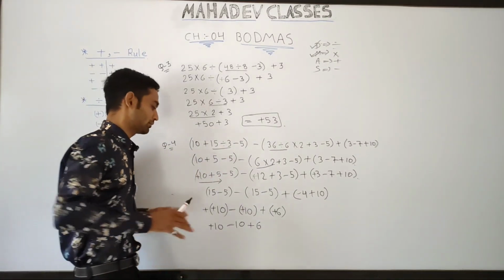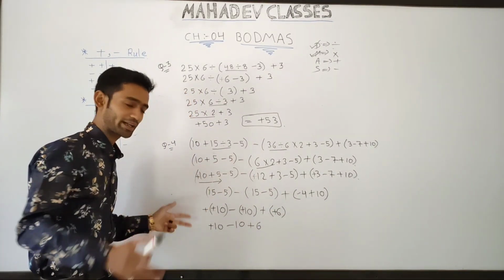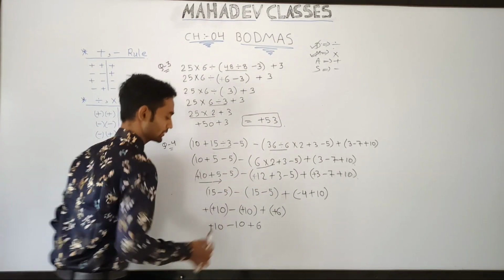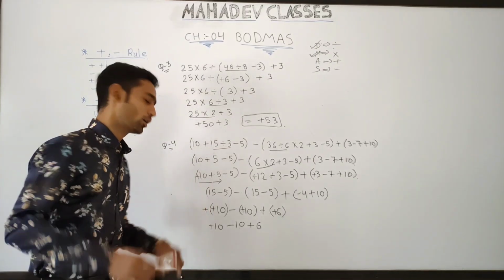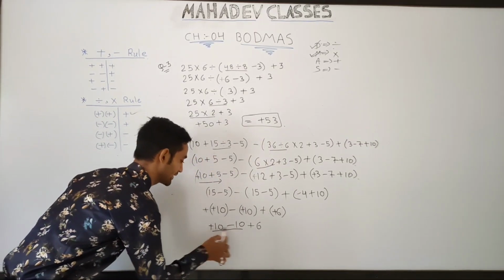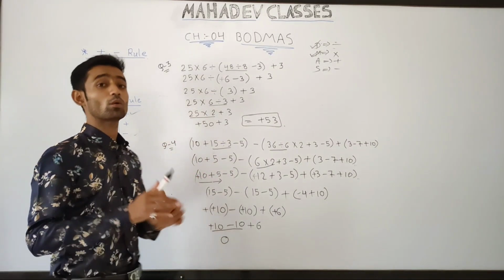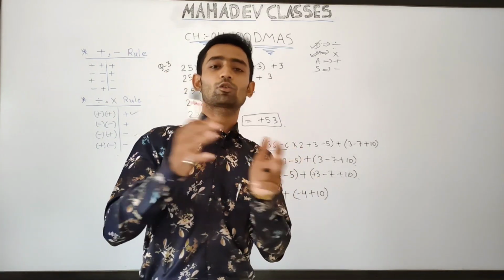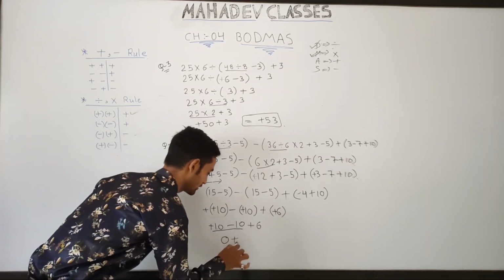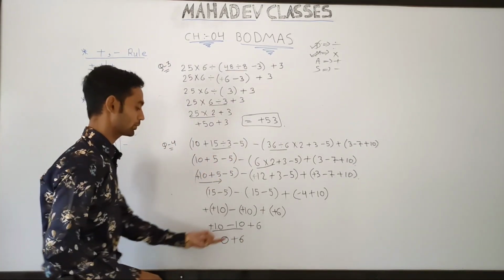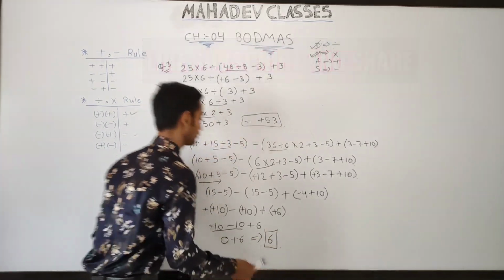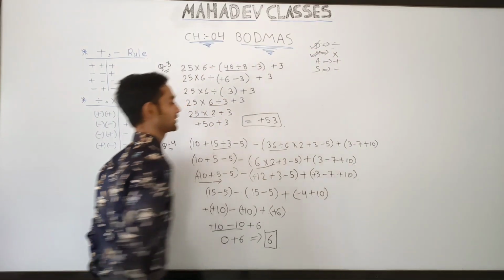Okay, now we have removed all those brackets, and now go for only the addition subtraction rule. This 10 has a plus sign and this 10 has a minus sign. Okay, so we will do the process of subtraction. Between this 10 and this 10 you will get 10 minus 10 is 0, and there is no particular sign like plus or minus. Okay, so we will simply write 0 only, and there is a plus 6 left. So now 0 plus 6, you will get 6. Okay, so this is the answer of our given BODMAS simplification question.